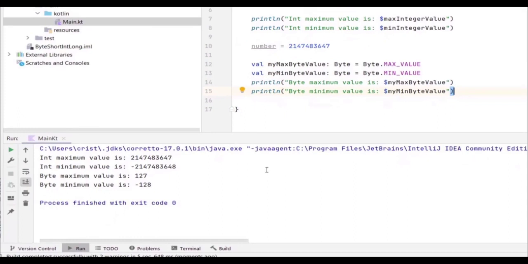Alright, as you can see, the byte maximum value is 127 and the byte minimum value is minus 128. And in contrast with those minimum and maximum values for the integer type, you can see that these two are very, very small compared to that. Now let's look at the next